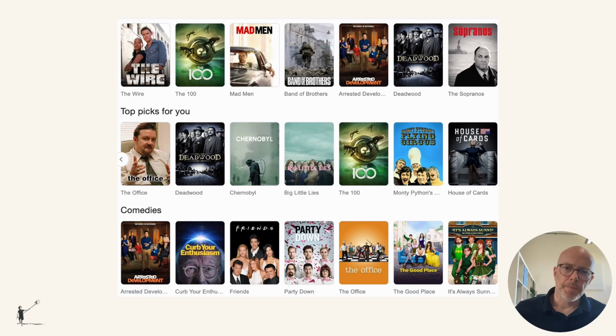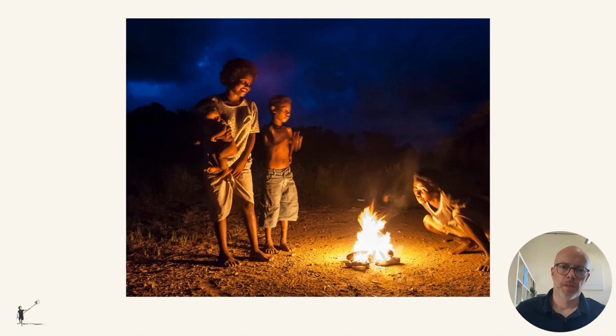Storytelling triggers different responses from people. It's interesting that when we hear the word storytelling, most people immediately think of fiction, Netflix, novels and fairy tales, which I think is an issue for its adoption in science communication, because storytelling actually began as the way humans remembered facts that really mattered.